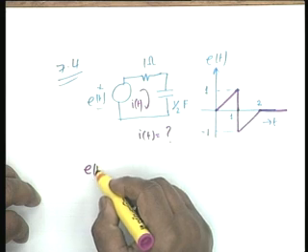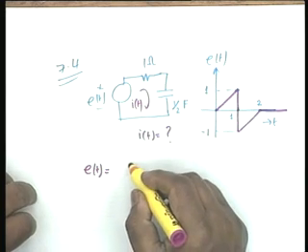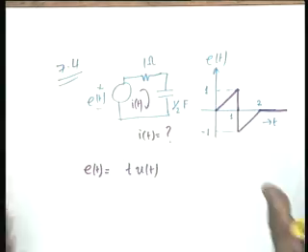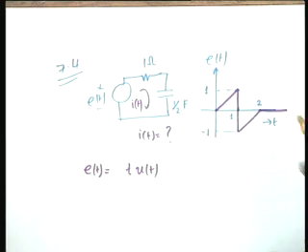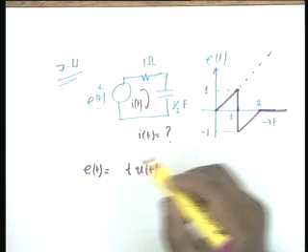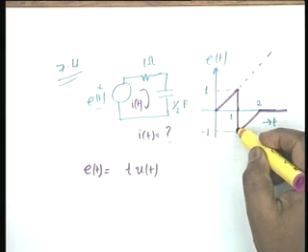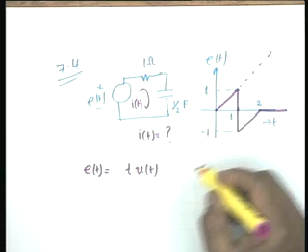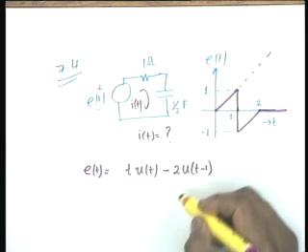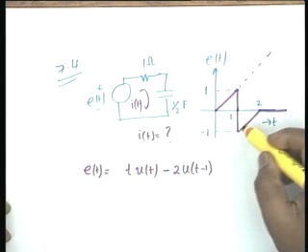And my solution for E of t is that I take t, the unit ramp. There is a systematic way of deriving such functions. If I take t, that is the unit ramp, it goes like this. Now, what I want to do is at t equal to 1, bring it down by 2 units. So, I subtract 2 u of t minus 1. It must occur only at t equal to 1. So, I subtract 2 u of t minus 1, then I shall get this.